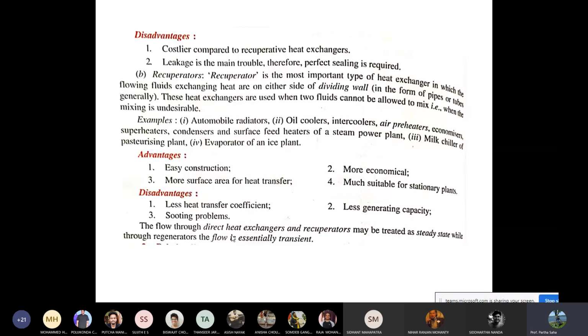Okay, and as you can say, the direct heat exchanger and recuperator are considered steady state heat exchangers, while regenerators are known as transient state heat exchangers, because in a regenerator you have to intermittently pass the hot fluid and cold fluid, whereas in a recuperator hot fluid and cold fluid can be passed through continuously. So let's look into